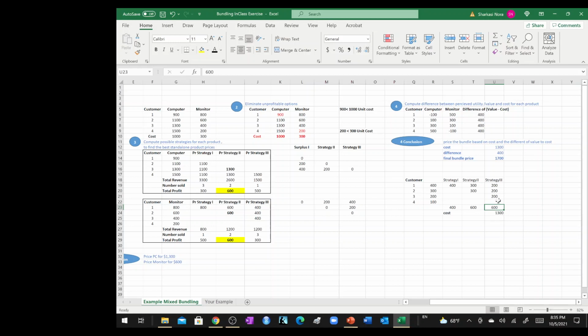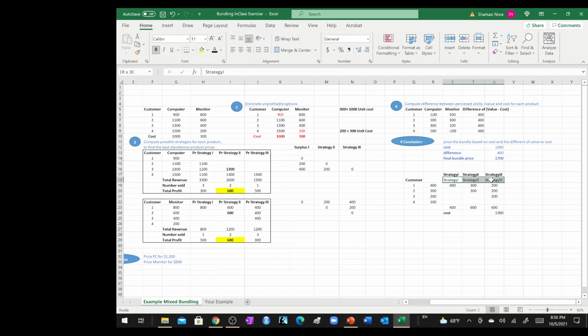So if we price it here, this pricing strategy, let me show you something, lovely people. Teacher getting embarrassed